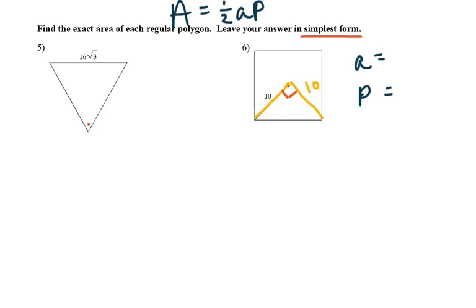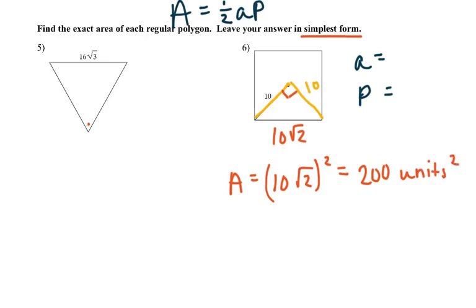Well, look what we have. Now we have a 45, 45, 90. So we know that if both legs are 10, we can multiply by root 2 to get that this side is 10 root 2. Now we know it's a square, and the area of a square is side squared. So we could take 10 root 2 and just square that. And you would get, well, 10 squared is 100, and root 2 squared is 2, so you would get 200 square units. All right, but the purpose of this is to actually find the apothem,